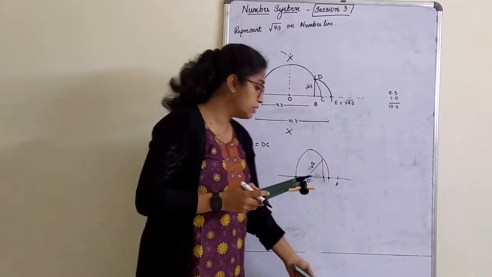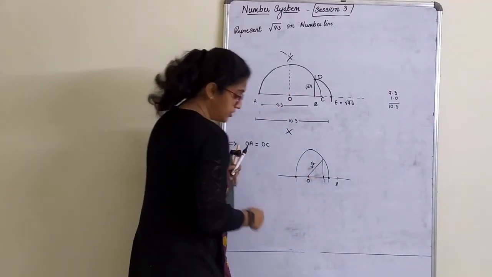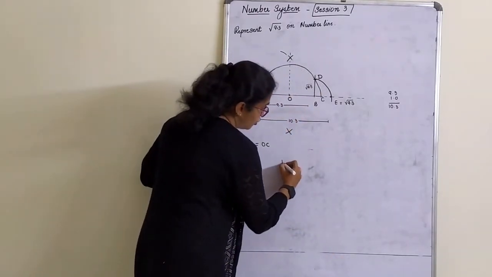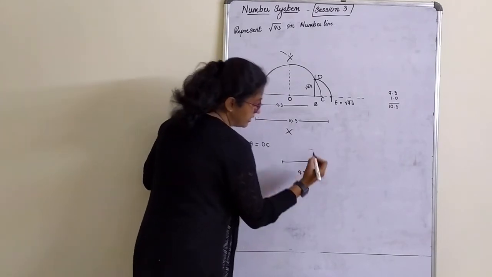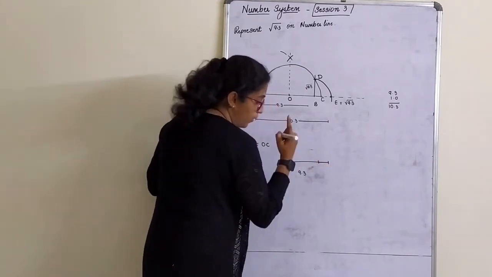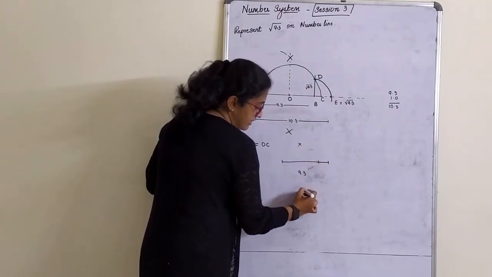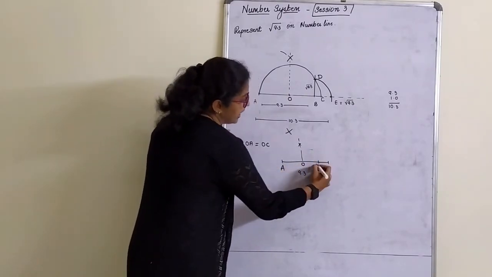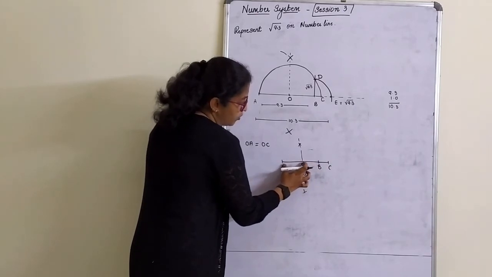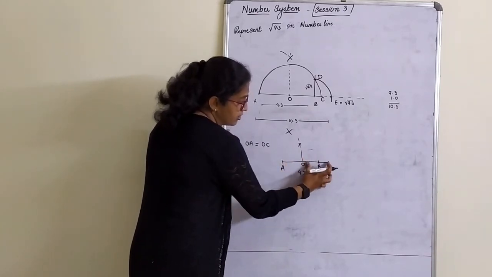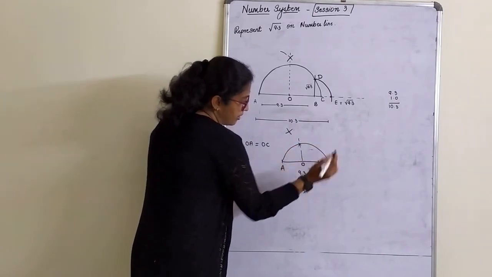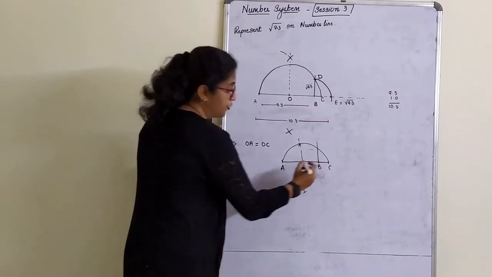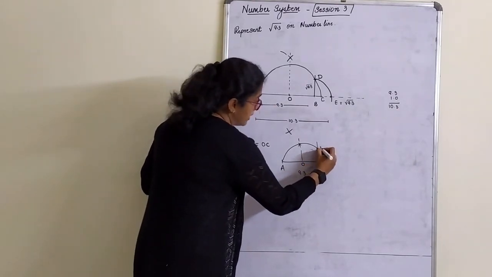Okay, from the beginning I will tell you what you will do now. Here is a rough diagram, I'll just show you what you can do here again. First, draw a line segment to whatever they have given, that is 9.3. Extend it for 1 centimeter. Then bisect the line segment by taking more than half and join it. So this is A, this is B and this is C. So here OA is equal to OC. Taking OA radius or OB radius, draw an arc. After drawing an arc, draw a perpendicular such that it will cut the semicircle what you have drawn at 90 degrees. So mark it as D.